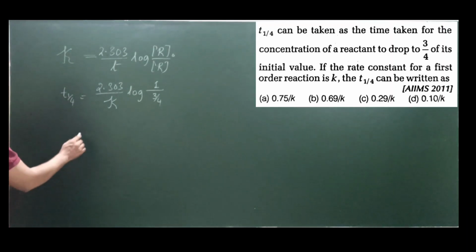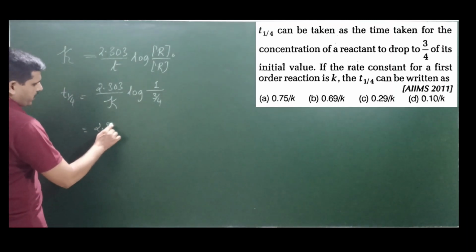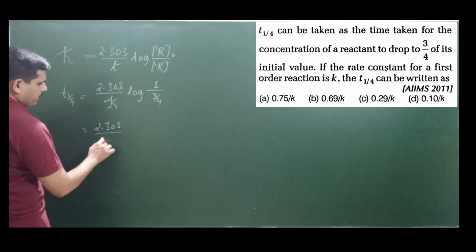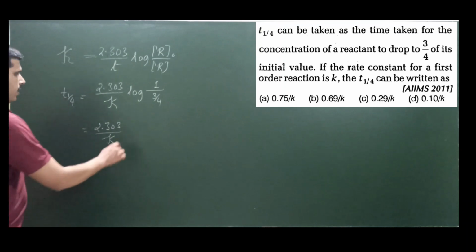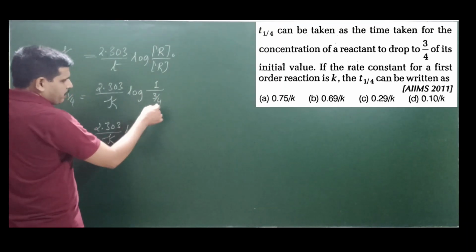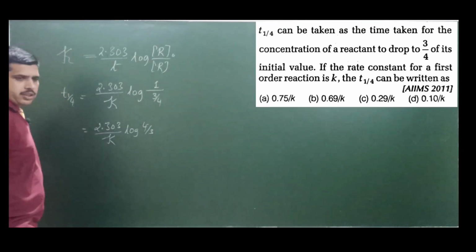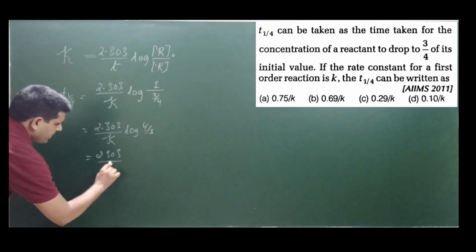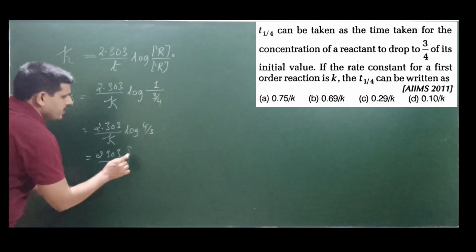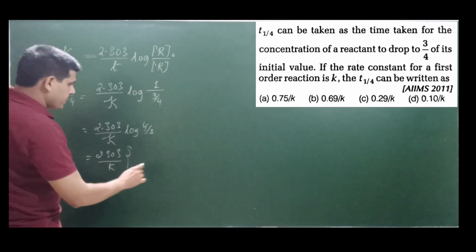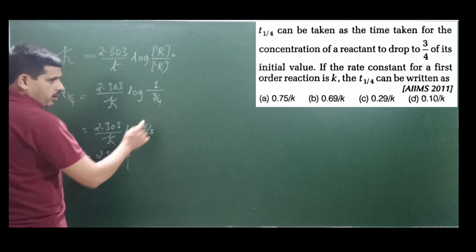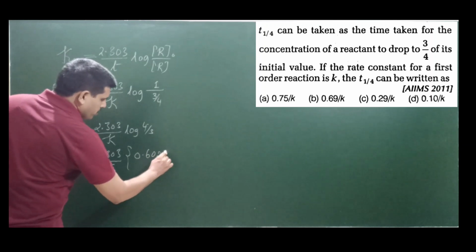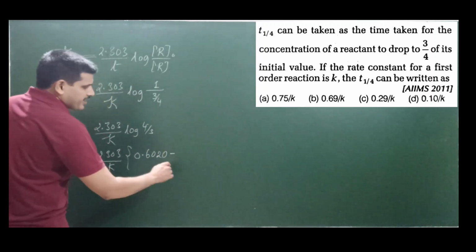Yes. So now simplify this. This is nothing but 2.303. Since we are not having the value of K, it's not required to substitute. Let me keep it as K itself, isn't it? Log of this will become 4/3. Am I right? Yes. So I'll write this as 2.303 divided by K into, you see, log A by B is log A minus log B. So log 4 minus log 3. Log 4 value is 0.6020. Am I right? Minus log 3 value is